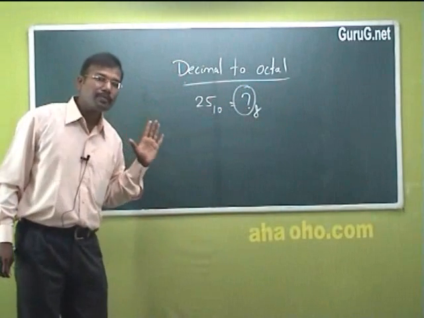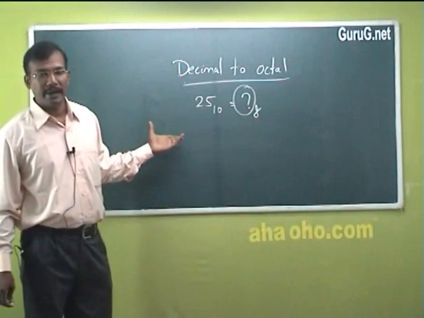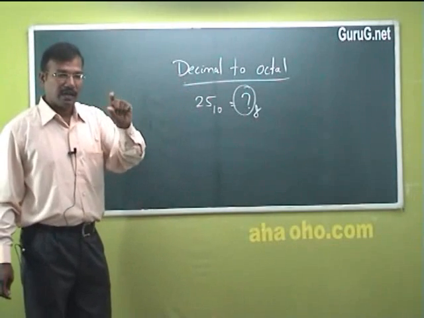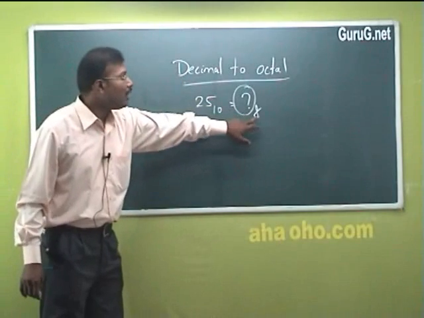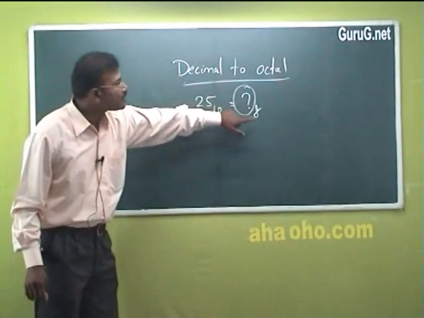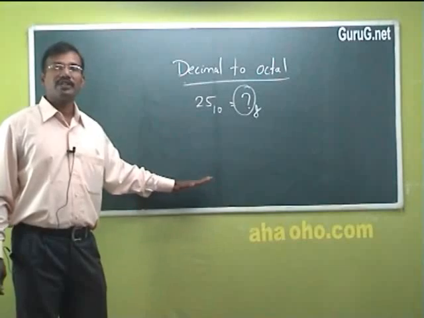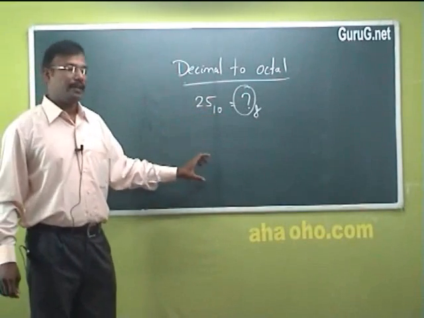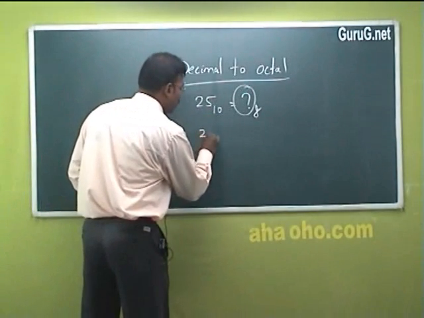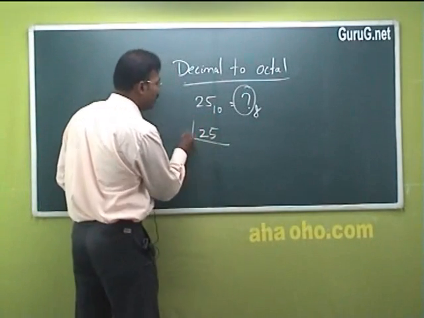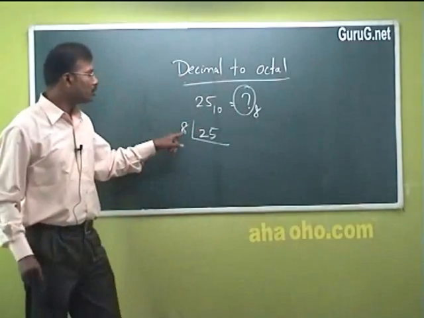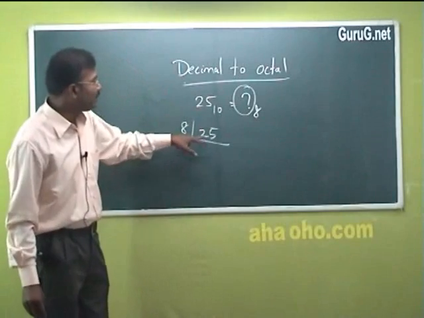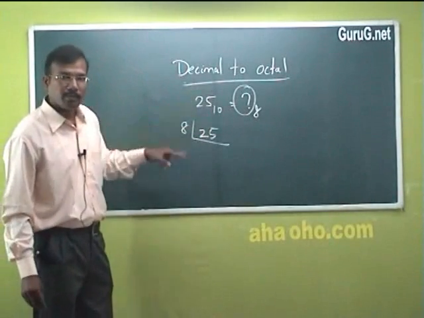You need to do the same procedure which we did for the decimal to binary conversion. That is, we need to consider this particular value and divide it using this, and you get the quotient and remainder until you are not able to further divide the quotient. Now, what you are going to do, it is 25, you divide it by 8. So you will have 3 times you can divide this particular value by this.